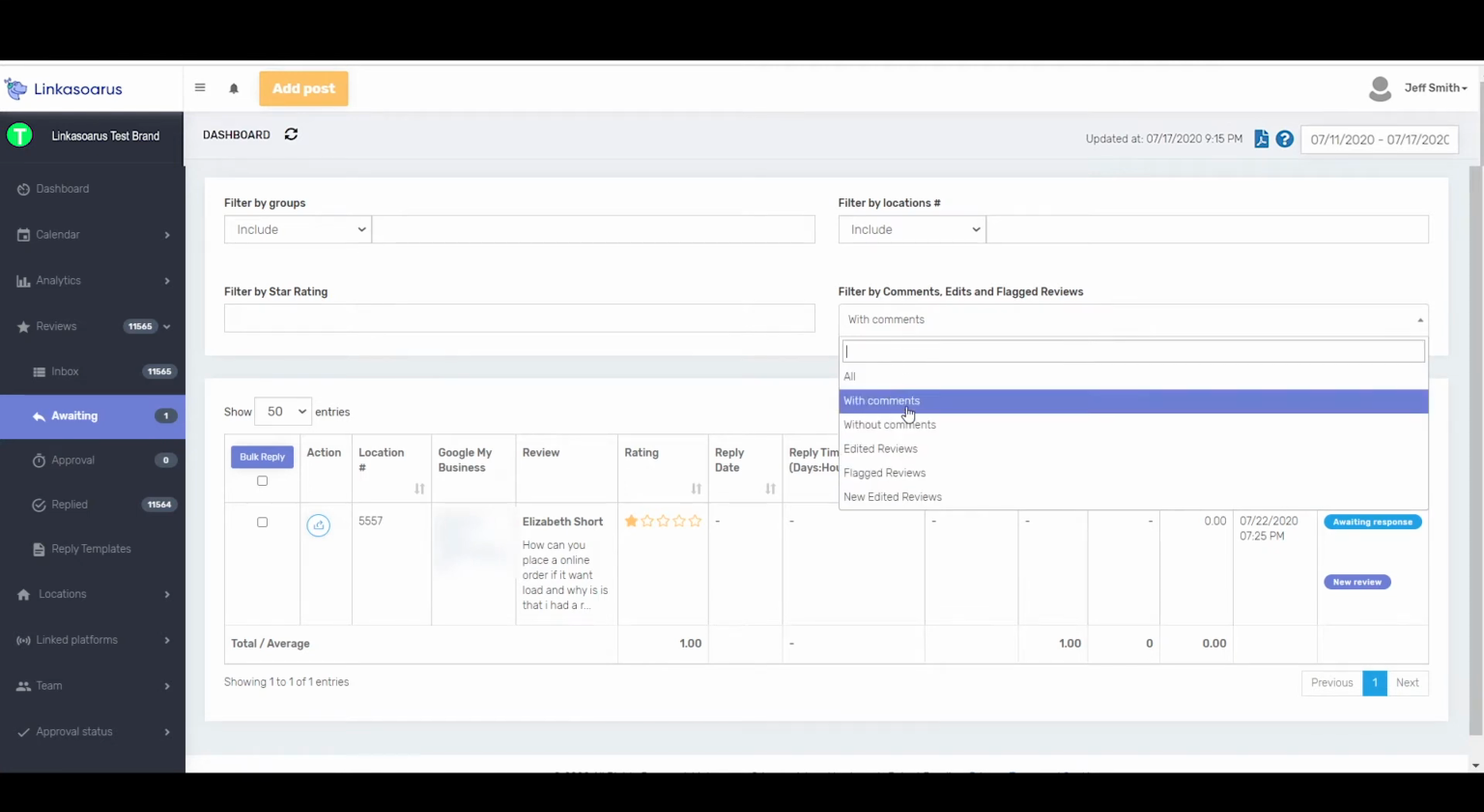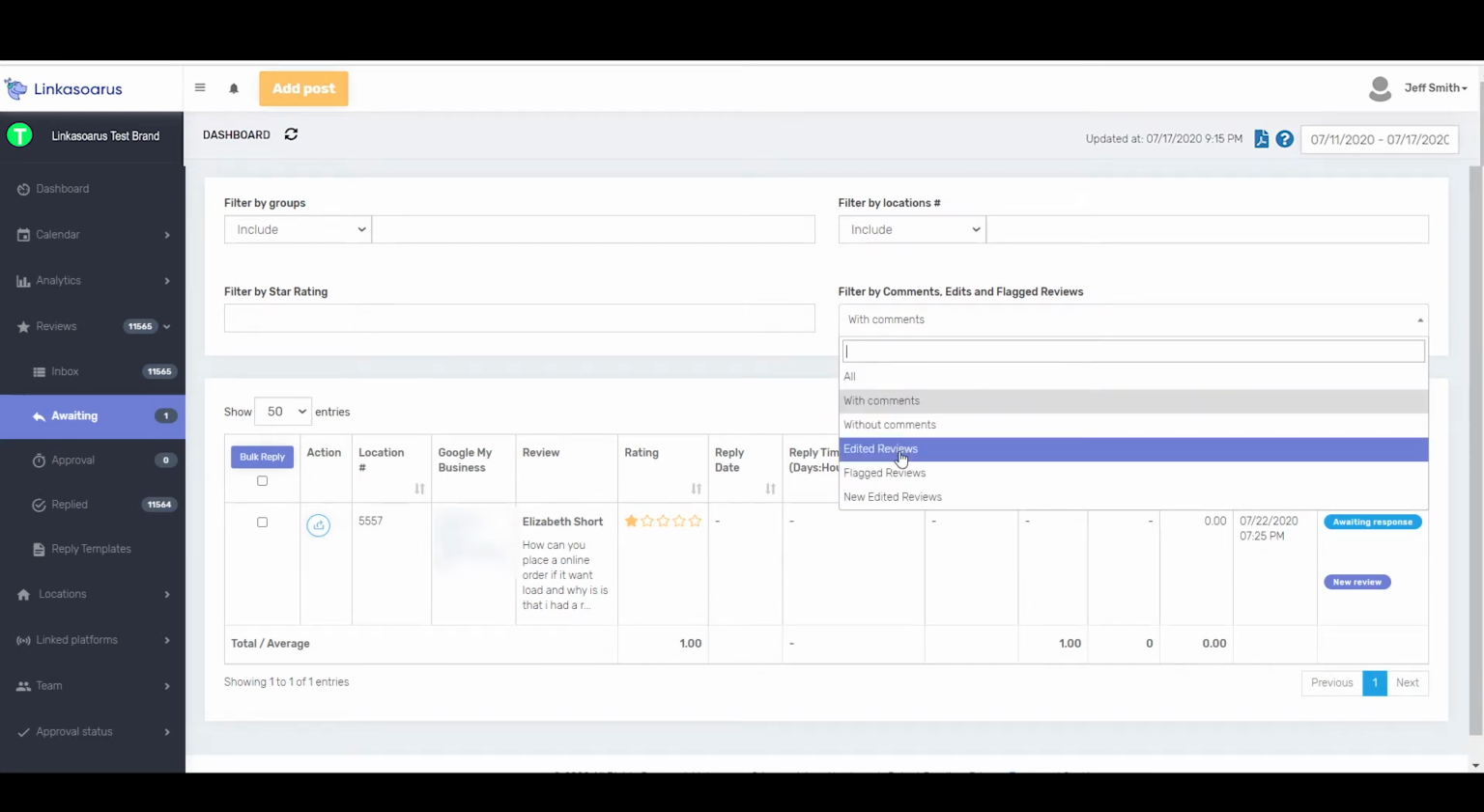So you have the opportunity of sorting by that, or by whether it is an edited review, meaning a review that the person who submitted it has gone back and already edited to something different before you've had a chance to reply to it. That doesn't happen too often if you are replying to your reviews quite quickly, but most users within Linkosaurus see the edited reviews option usually just by going to the inbox. Not typically, but it can happen